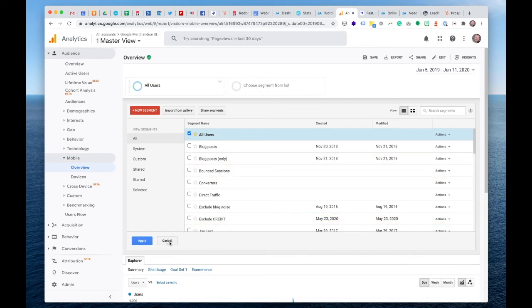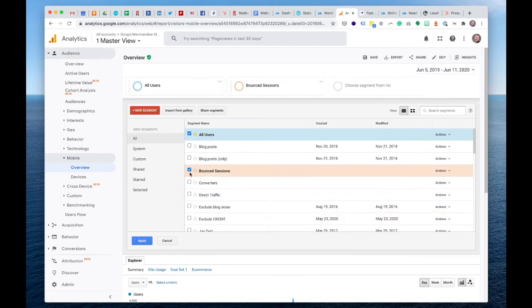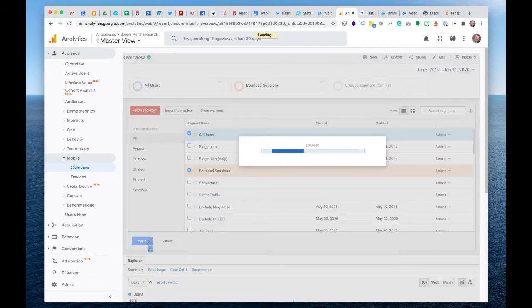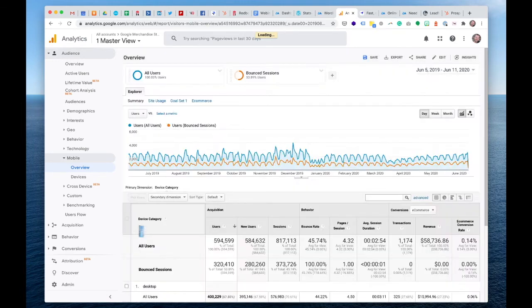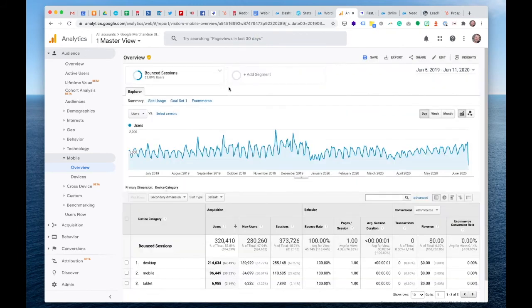So by default, a segment, this is showing all users. But what you can do is say, let's have a little look here. Bounce sessions. Let's talk about bounce again. You can create segments, or a lot of segments are available out of the box, which say, look, don't show me all the traffic, just show me a segment of the traffic, a slice of it. So here we're looking at the device usage across all those single bounce rate sessions, which is why the bounce rate column is all 100% here, because the segment has said that.